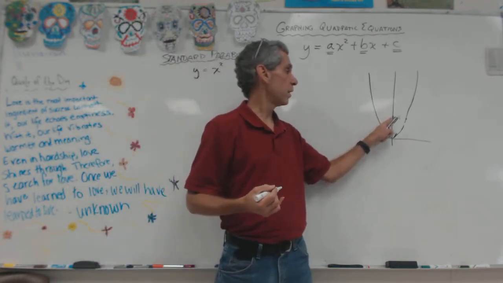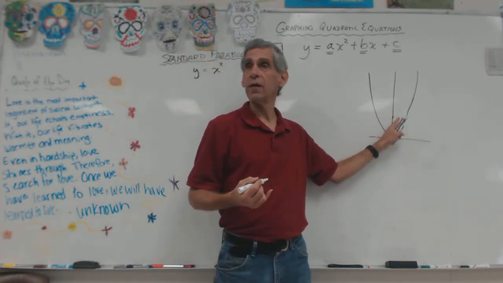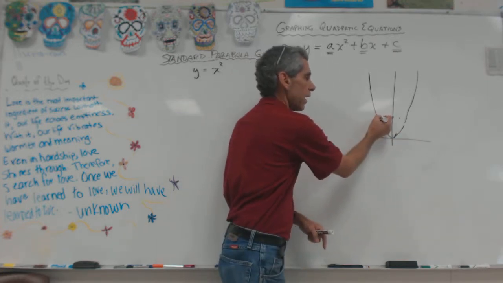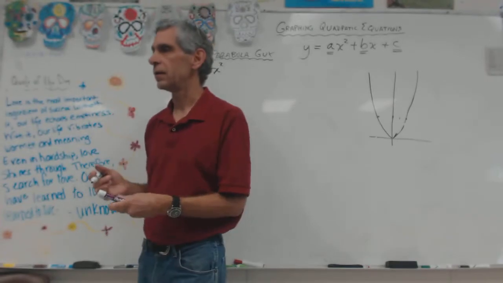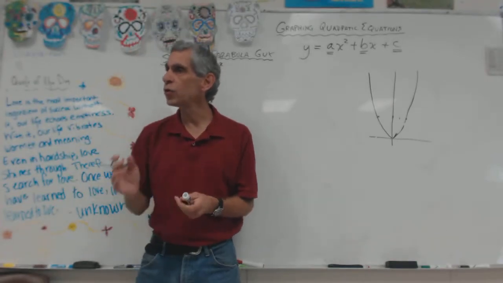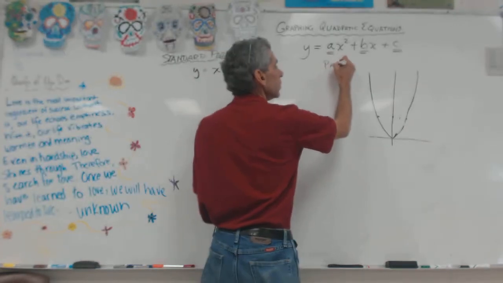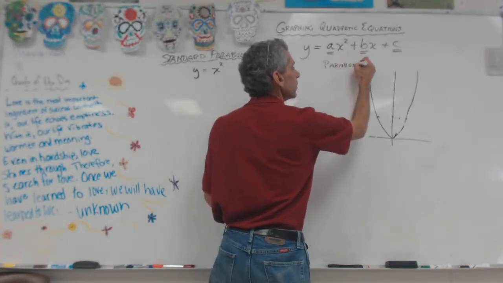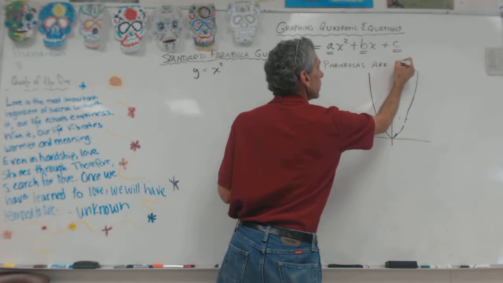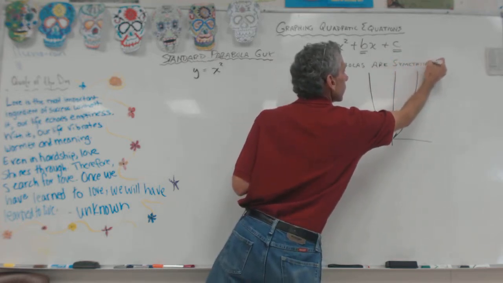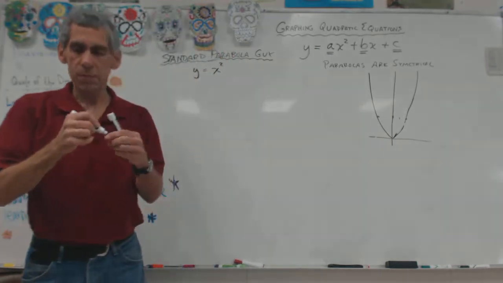If I go over 2 places to the right from here, from here I have to go over 2 places to the left, right? And so what is that? What's the word for that? Symmetry. It's totally symmetrical. So parabolas are symmetrical, right? Okay, so